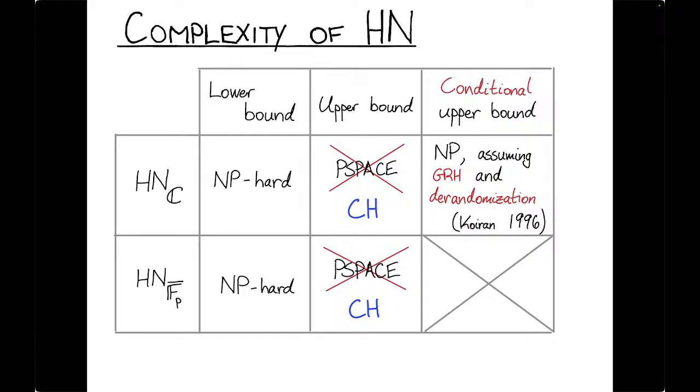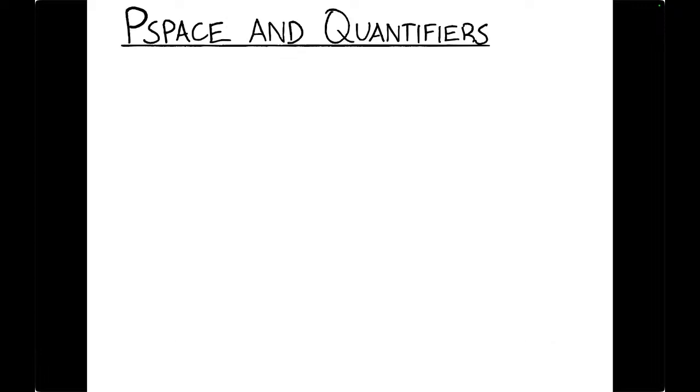So this is a somewhat less familiar class, at least to me. I mean, I didn't really know much about the counting hierarchy before starting this work. So before I tell you what our results are, I want to tell you what the counting hierarchy is, so you have a better chance at putting this into context and understanding what this result actually means. And so to do that, I want to remind you of an alternate characterization of polynomial space in terms of